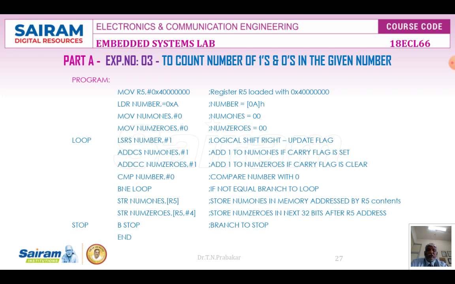Then, as I said, we are going to have the logical shift right operation followed by updating the flag. The flag is actually updated by suffixing this LSR with an S. And how many bits do I have to shift right? Only 1 bit will be shifted towards the right. Now the LSB which is already available will be moving on to the carry bit, or carry flag, we can say.